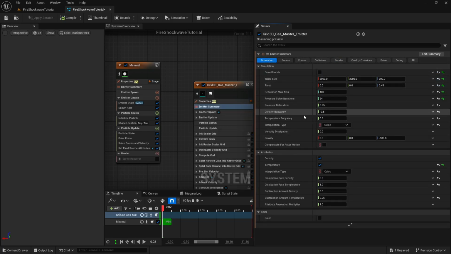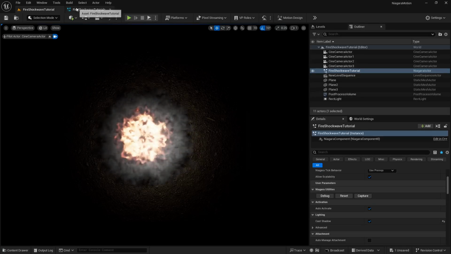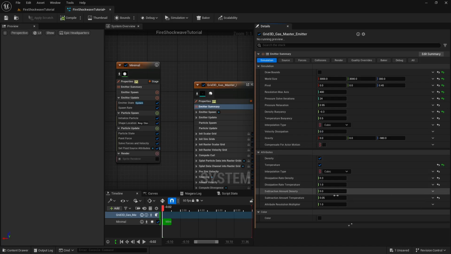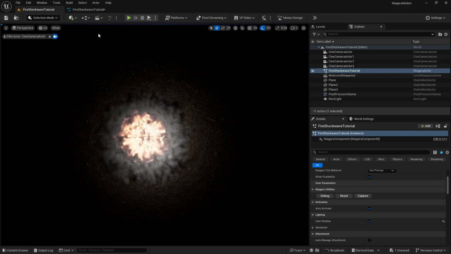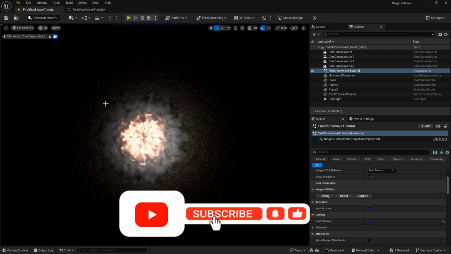And what you need to do, you need to play with the density buoyancy. So I don't want it to rise upward quickly. So I'm going to reduce this to minus 0.3, and now it will not rise that much upwards. Okay, so you need to play with this, and I want the smoke to dissipate faster and fire as well. So in order to do this, I'm going to make sure that my temperature dissipation is set to 2 here, and now you can see my fire is dissipating faster, and same goes for smoke as well. So let's just make this from 0.3 to maybe 0.5. Okay, and now you can see our smoke is also dissipating faster.